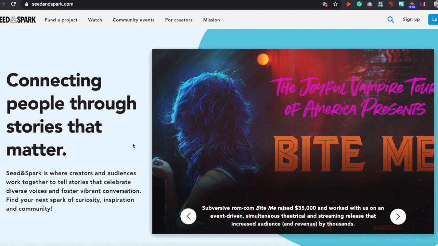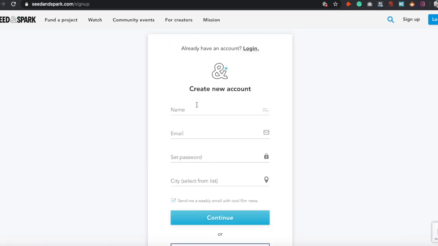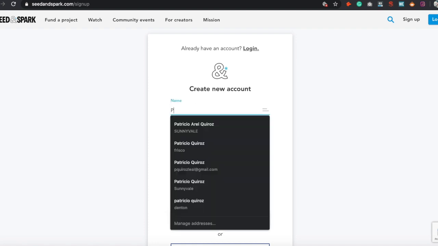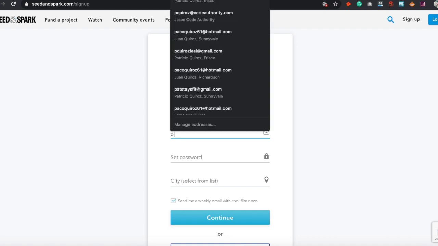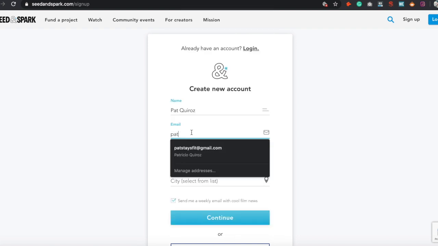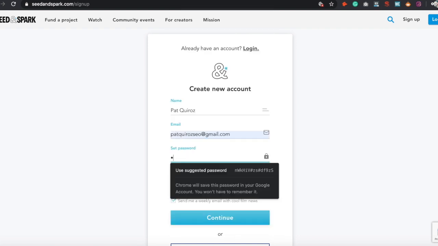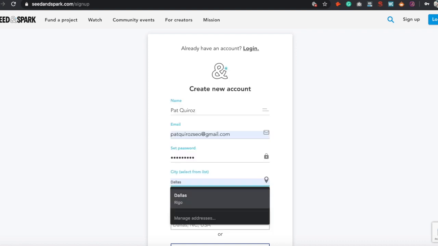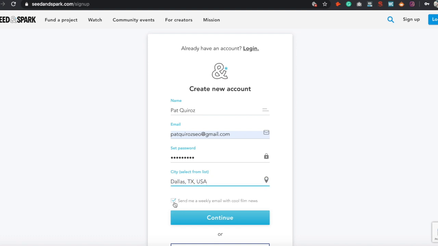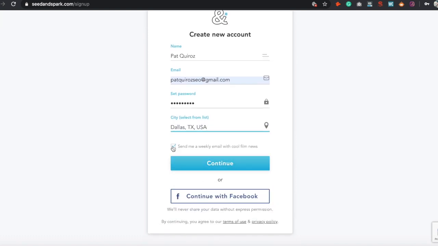So once you're here at the home page, you're going to want to go over to sign up, right? And here you can go ahead and create your account, right? Put in your information, put in your email address, set a password, and select your city. Alrighty, there we go. And then go ahead and unclick that if you don't want to get emails, and click